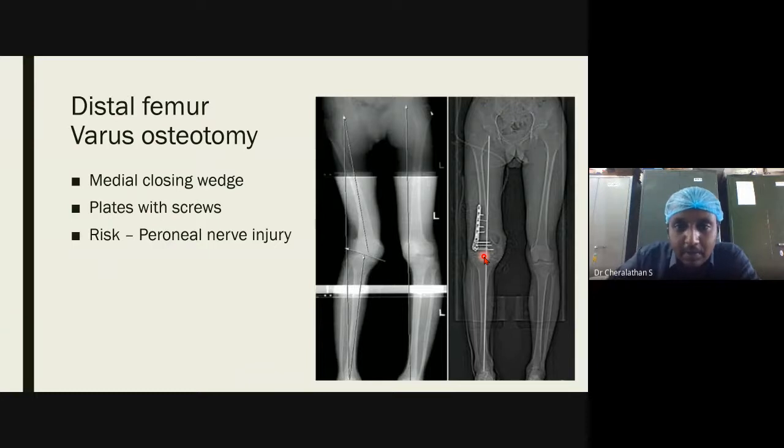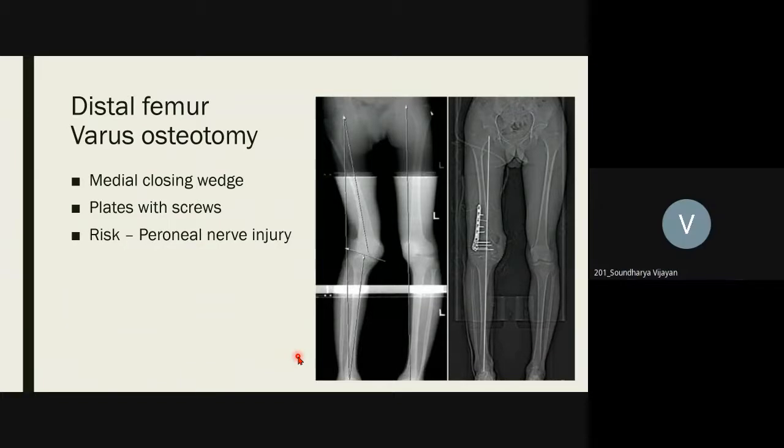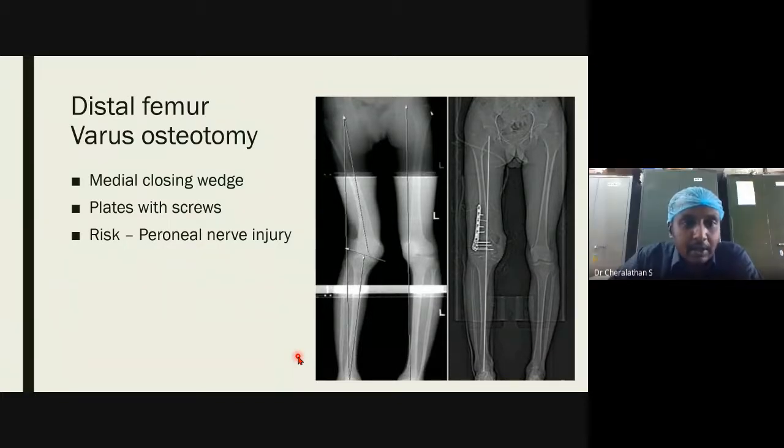Is it clear now? You can see the amount of deviation, this we call mechanical axis deviation. Deviation of the center of the knee from the mechanical axis has been corrected here. It has been brought to neutral alignment. Now it passes through the center of the knee joint. Is it clear? I think the candidate who asked the doubt previously, is it clear to you now? Yes, sir. Okay.